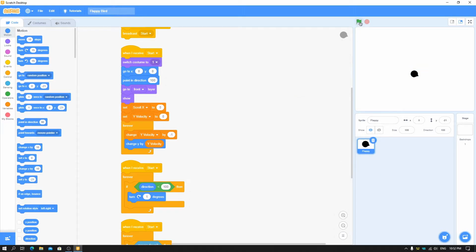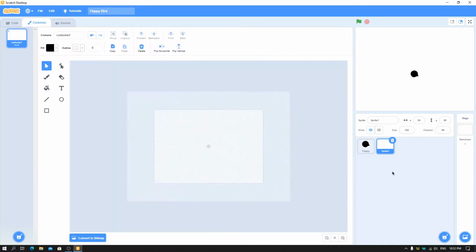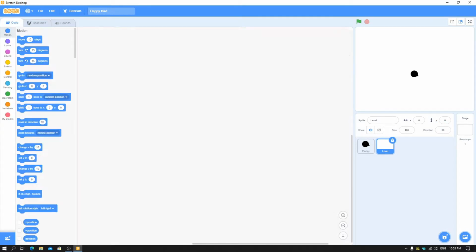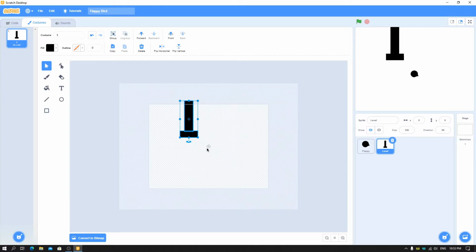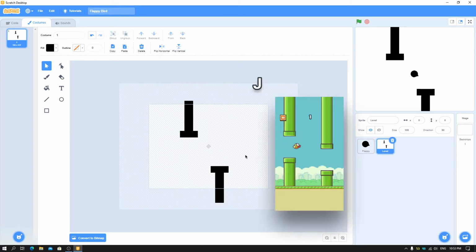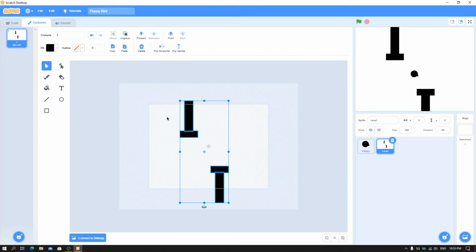Now we have made this bird-like thing, so we can make another sprite called, say, level. Set x and y to 0, set the costume name to 1, delete the sound, and here we are all set. So now you can make a level like this and this, like this. And here you can see we have this level here. Just flip it vertically to have this one, and you can set it randomly here. I have this first level, then you can make a second.